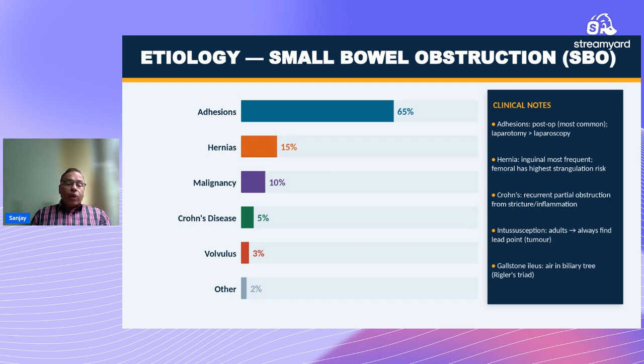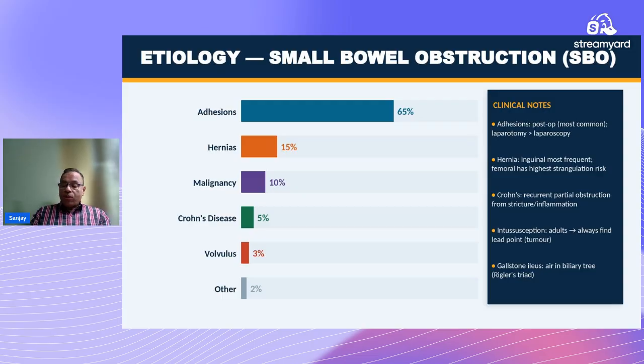Intussusception is quite common in children as a cause of small bowel obstruction. If it occurs in adults, the leading point which leads to telescoping of the gut from the proximal to the distal part is more commonly a tumor. Whereas in children, the starting point could be inflamed submucosal lymphoid follicles, or it could be a polyp. Gallstone ileus, we have already seen, Rigler's triad is the one which would help you in diagnosing a patient